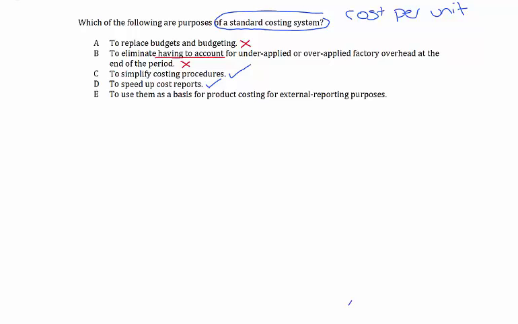With regards to E, to use them as a basis for product costing for external reporting purposes, you've got to be careful with this, because with external reporting purposes for things like financial accounts, very often they won't allow standard costing for your inventory valuations, as it needs to be the lower of cost and net realisable value. So in this instance, the correct answer is going to be C and